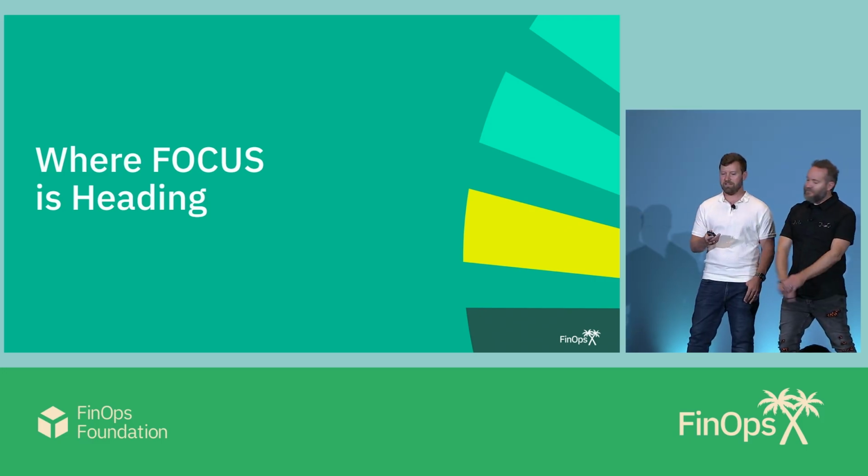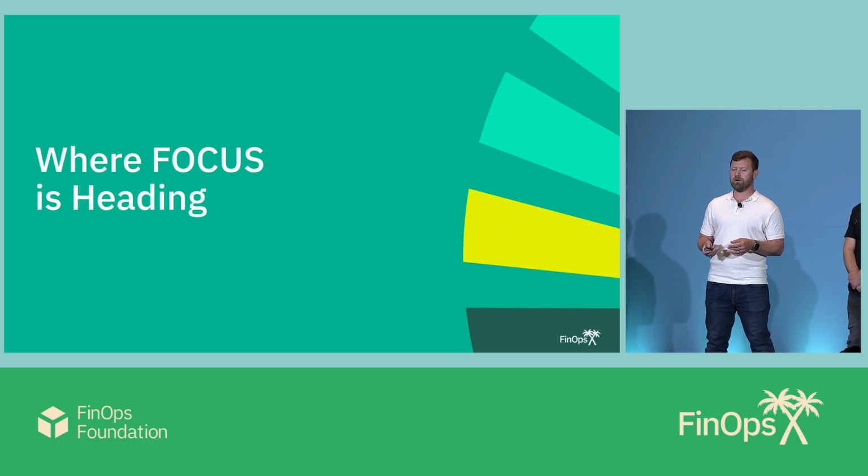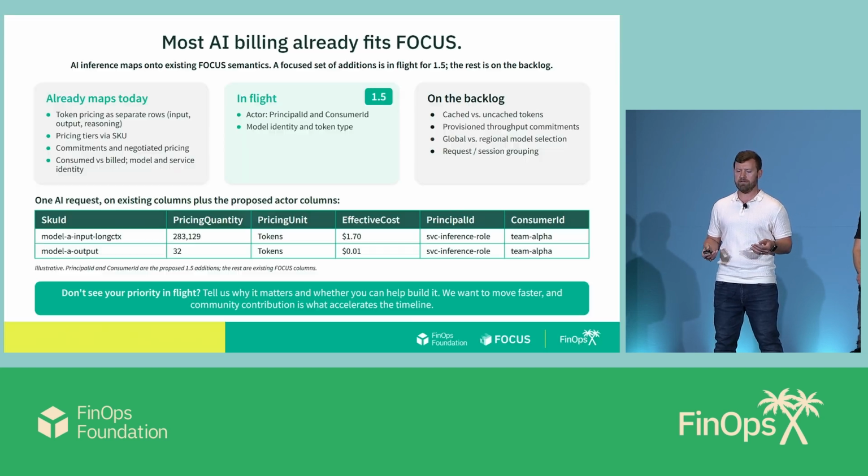Ooh, thank you. So we touched briefly on where we think we're headed with Focus 1.5. So I want to switch for a second back to FinOps for AI. So Beau talked a lot about the semantic layering and being deterministic. You may wonder, like, well, how much does Focus really need to change to be able to support the AI workloads that I'm already running? And the great thing is that it doesn't actually need to change that much.